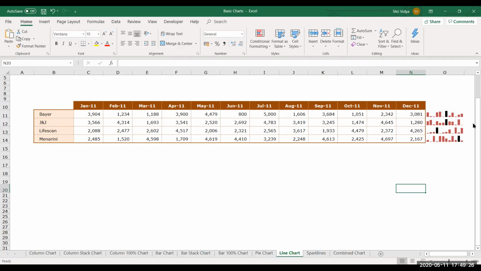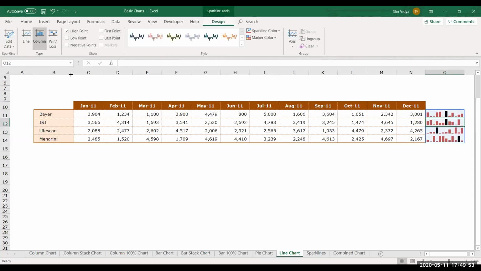So here I will be able to know which month data it is. See, it goes to this 5,000. You can count the column values here and you will know which particular month it belongs to. So hardly we have 12 columns, you will be able to look at it like this. So you can either display it in column or line. See, for negative numbers, let's say, we can also use win or loss chart here using spark lines. Now let me go here and choose win or loss.